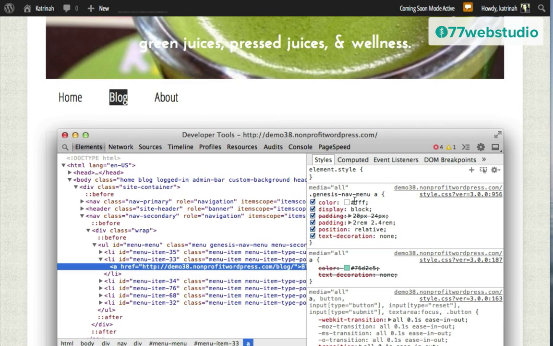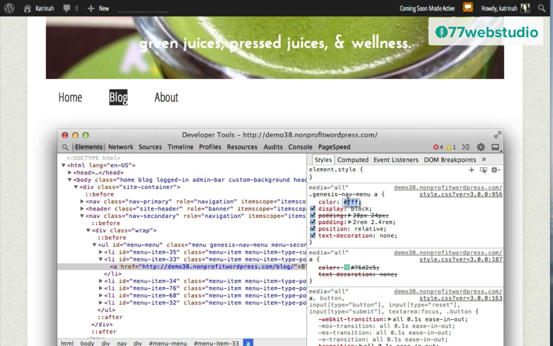So this white color right here, where it says 3 Fs, this is the white palette, and this explains why we cannot see many of the items in the menu area because they are white on a white background. So the first step is I want to change these menu items here from white to a steel gray color.